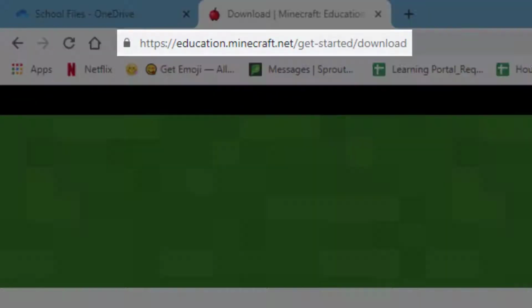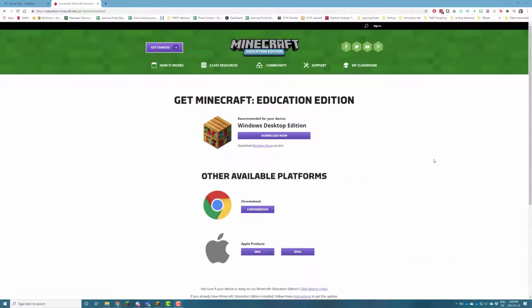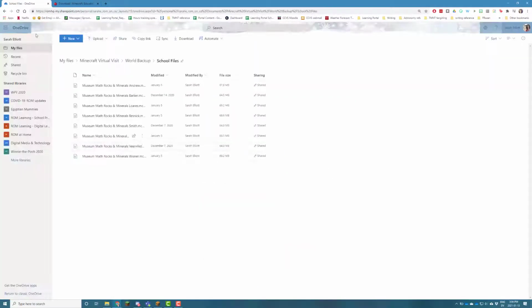So if you go up into education.minecraft.net/getstarted/download, you will get to this screen, and it will actually suggest the best edition of Minecraft for your device. But these are all the different devices that you can get Minecraft Education Edition for. So you're going to download that, whatever one you need, and then once that's installed, you can move on to